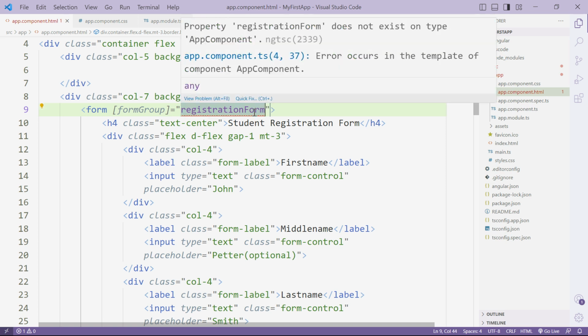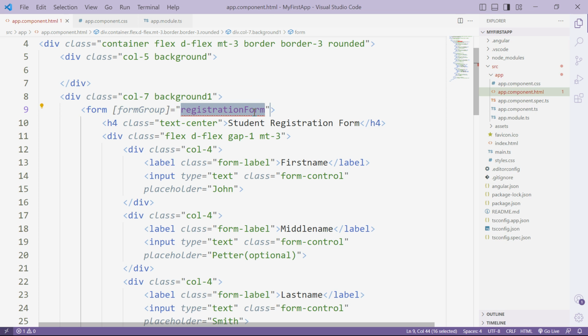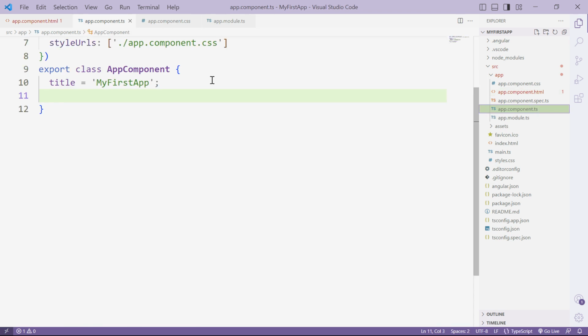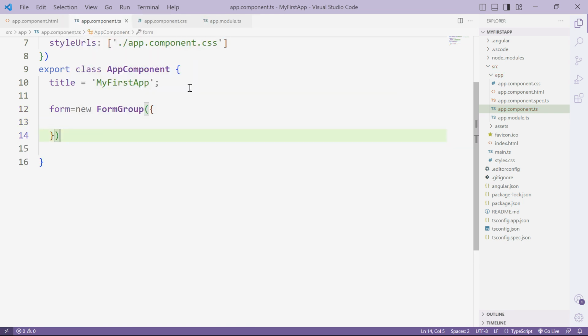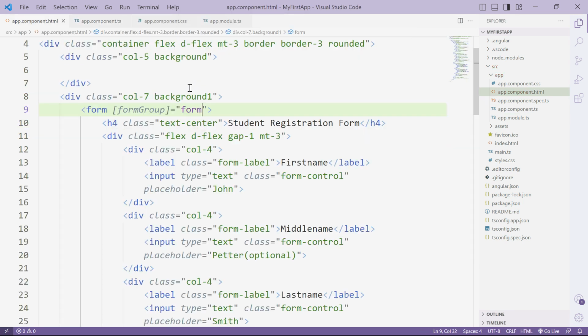This variable we have to create, as it turns into an error because we haven't created this variable in our TypeScript file. So I have to create it in the TypeScript file, or instead of writing registrationForm, I'm just going to mention the name as form. Now let me write it in the TypeScript file here. So I'm going to create this form equals new FormGroup, and here we are going to assign